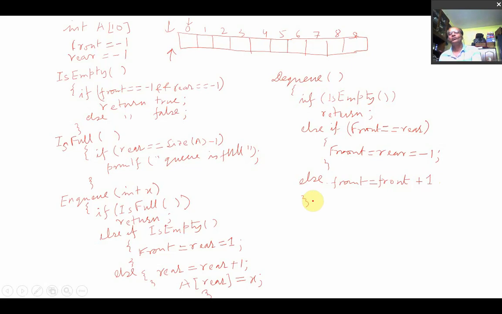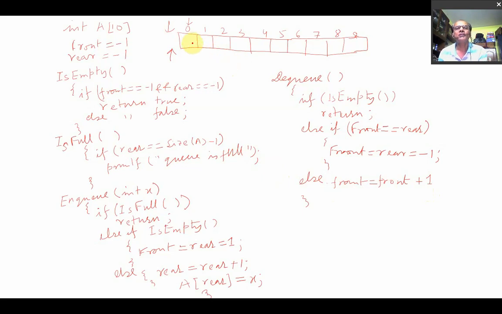That means you not only increment the front position to front + 1, you also have to check whether the queue is empty or not, and if there is only one element, after deleting you have to reset. If both these are not true, then definitely front will be updated to front + 1, and that will give you the DQ operation, right?